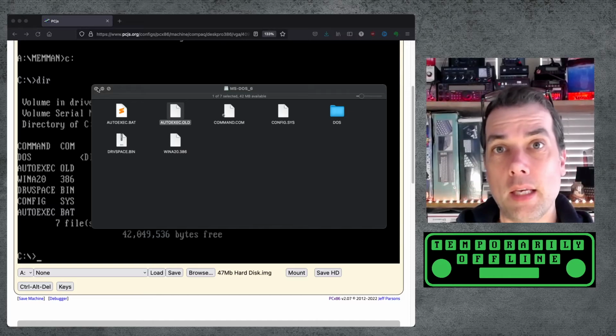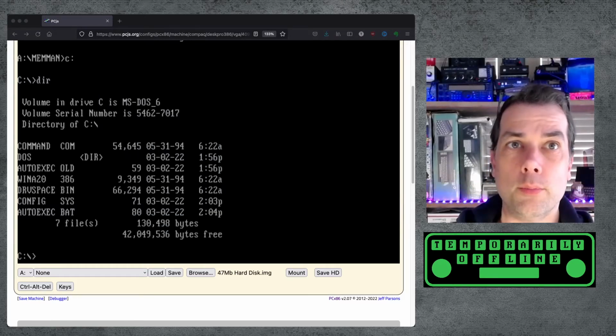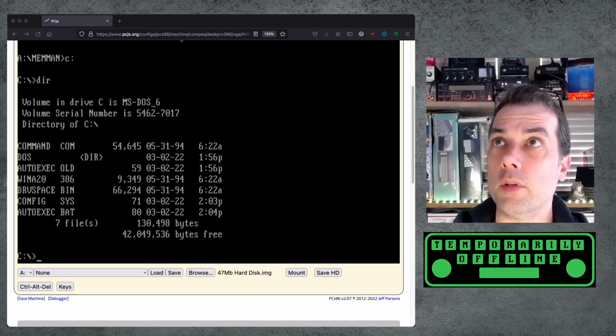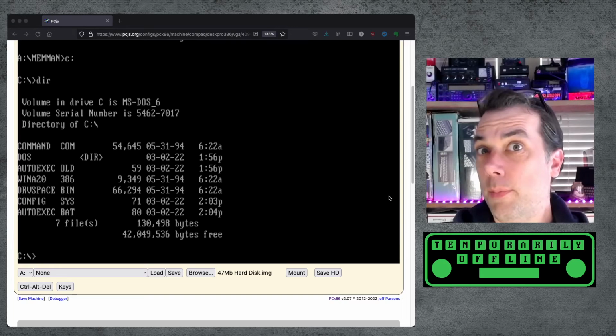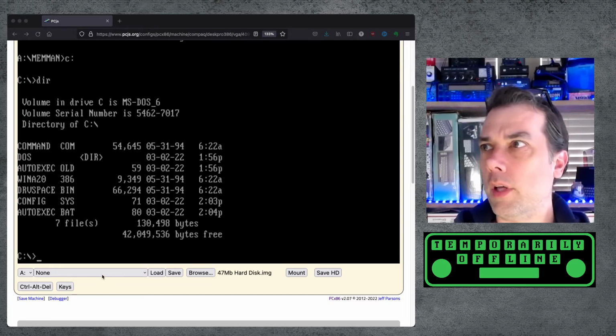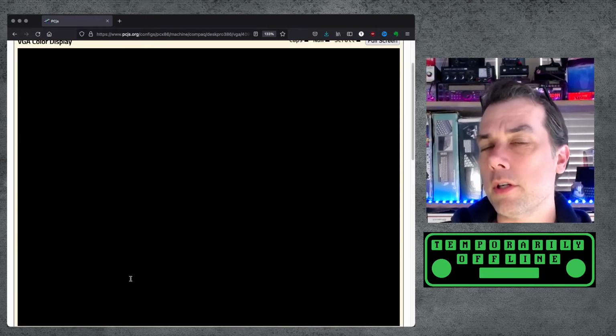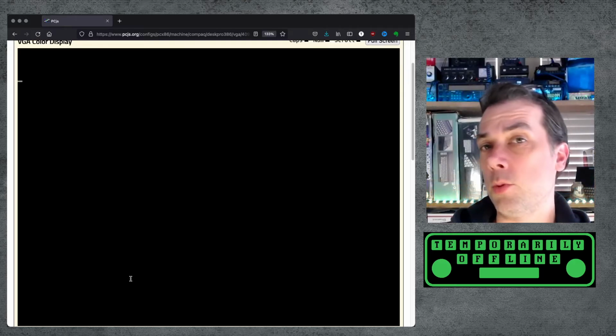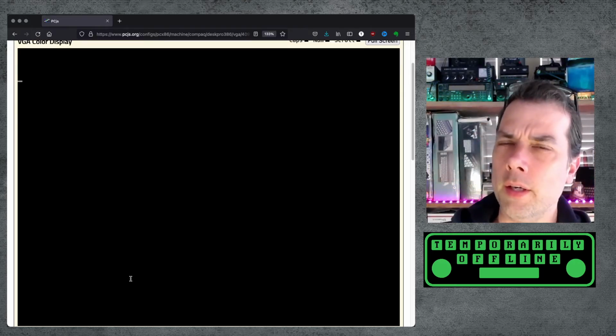So I can make a usable, useful, bootable DOS image disk and download it. And then I can do whatever I want to do with those files once I download them. So I guess if I wanted to pirate all the software that was here, I could do that. And as long as I don't refresh the web page, it's going to continue to have that disk image loaded. The minute I refresh the web page, we've got to start all of this over again, which is why it's